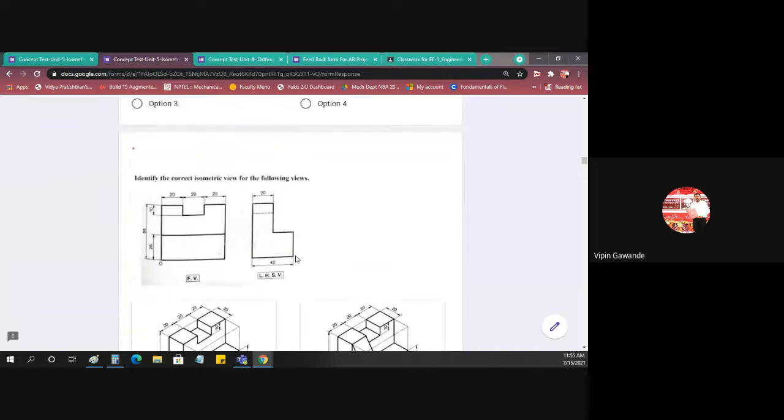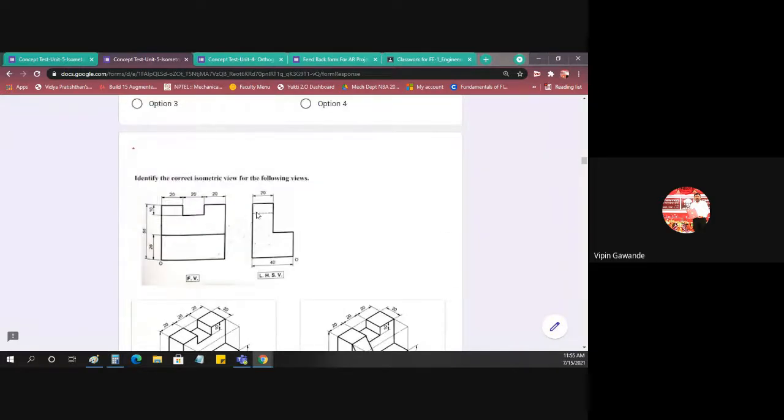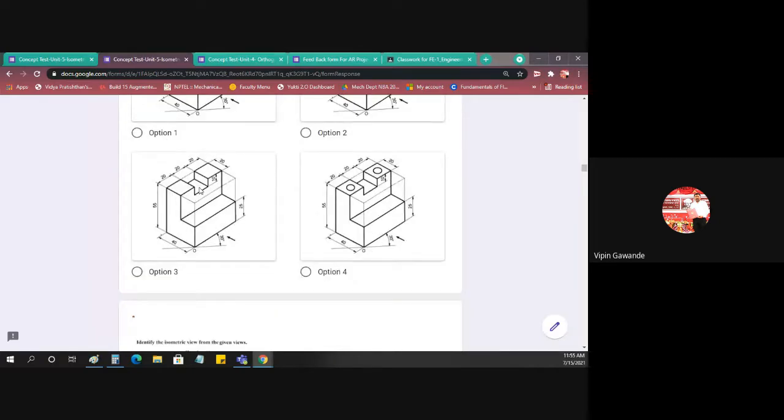Now we have to check the left hand side view. So for the left hand side view, we have to take the left hand side direction. So this is my left hand side, so we have to go there. So this L shape is visible. Okay, so the L shape is already there, and we have a dotted line. Now what is this dotted line for? The dotted line is for this cutout. So we have to transfer this point here, and we'll get the dotted line here, because of this cutout. So this line will come here. That dotted line will represent that on the back side there is a cutout. Okay, so I think this is the correct option for this problem.